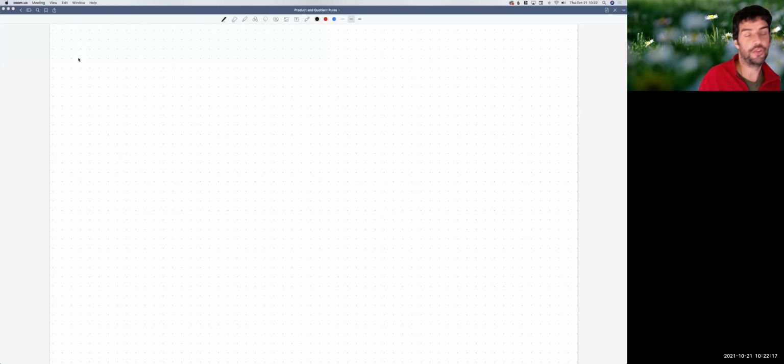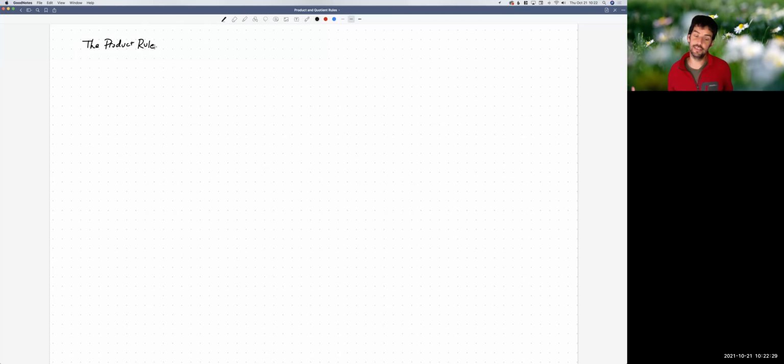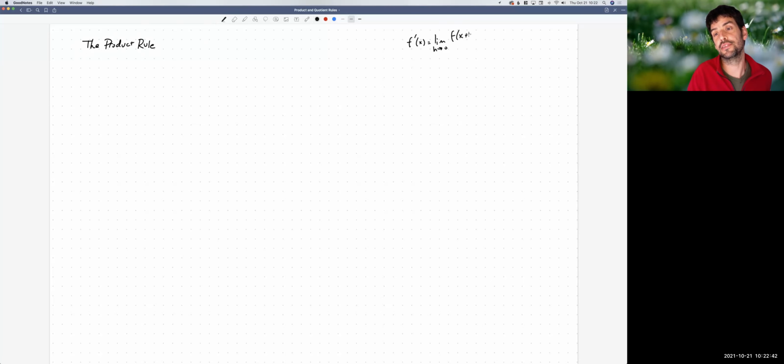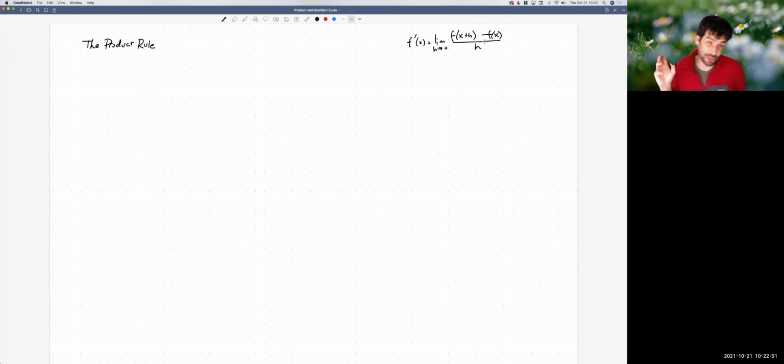Hey everybody, so we're continuing with our derivative rules, and we're going to move into what we call the product rule. So big picture, we're trying to now move past that definition of the derivative, right? Our f prime of x, the limit definition, is the limit as h goes to 0 of f of x plus h minus f of x over h, right? Because we don't want to forget the meaning of it, and we don't want to forget it in general,